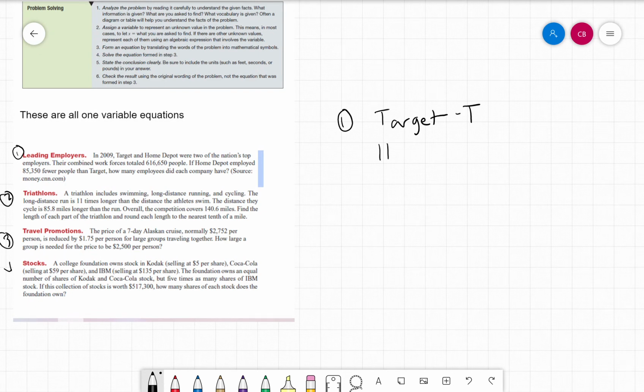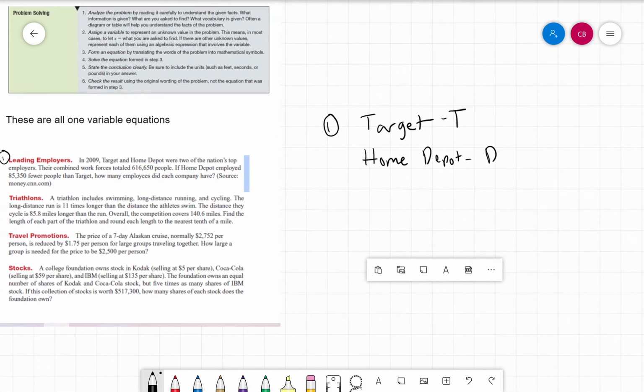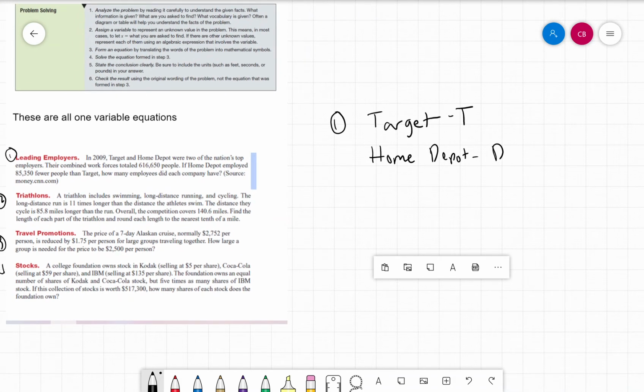And Home Depot, we put D. Then it says they were two of the nation's top employers. Their combined workforce totaled 616,650 people. So we know that means T plus D is equal to